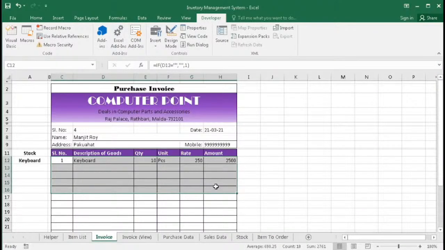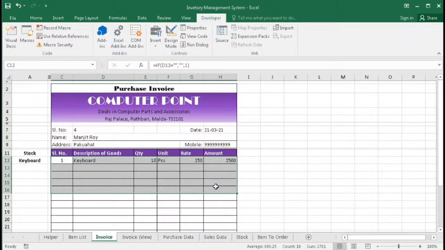Go to Formulas, Name Manager, and New, type invoice underscore invoice item list. Now the formula will be equal to OFFSET, bracket open, start from this range, comma 0 comma 0 comma,